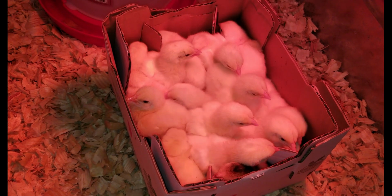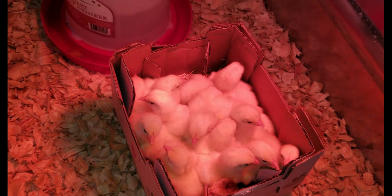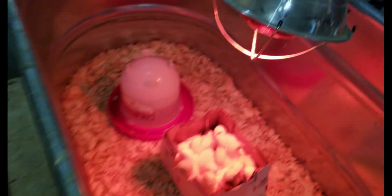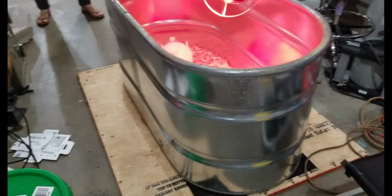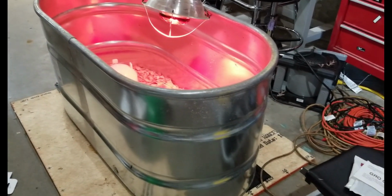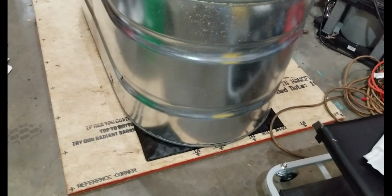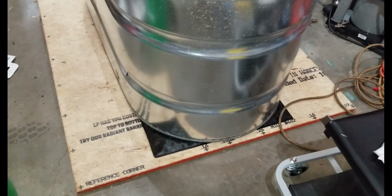There's 16 chicks in here. So I'm going to go ahead and get them out, and I'm going to show you how we give them a little bit of water. But let me show you what I did here. So this is a 100-gallon watering trough that they carry at Tractor Supply. And then I put one of my seed starting heat mats